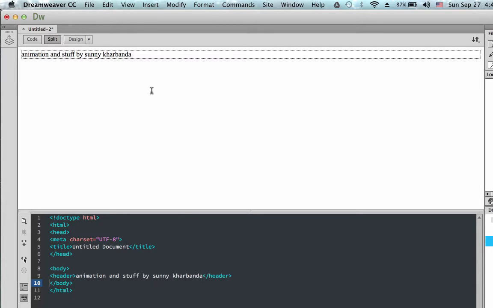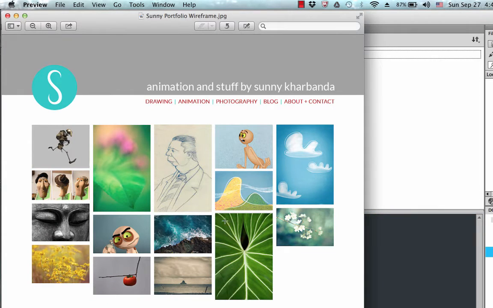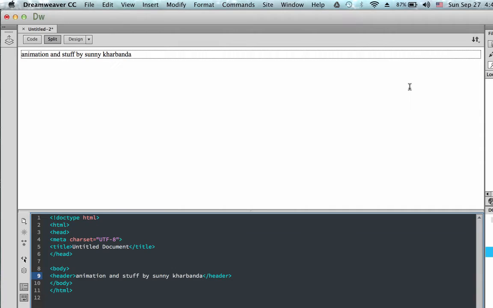If my cursor was here, this would not be a good place to add my section because I don't want my thumbnails and stuff to be inside my header. So all you have to be careful about is where is my cursor. Don't worry about anything else. Once again, to do it the right way, I'm going to move my mouse down here below my header, click once. Notice my cursor is now outside my header but still inside my page body.